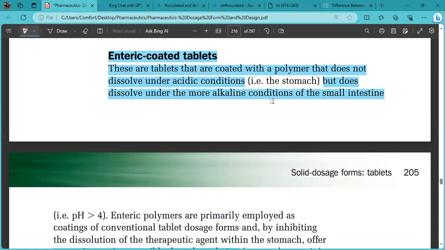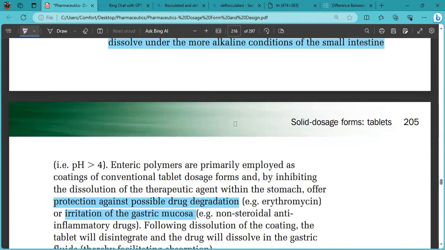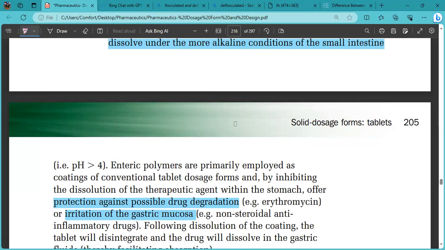However, since the small intestines are more alkaline in nature, the coat dissolves quite easily there. So essentially, that tablet will pass through the stomach nearly chemically unchanged, and then it reaches the intestines. Due to the alkaline conditions, the coat will dissolve, and then it will release the therapeutic agent